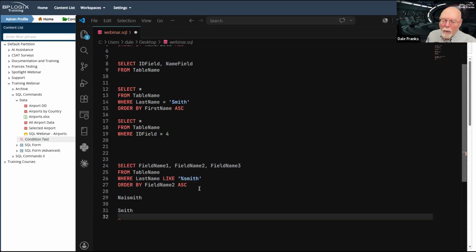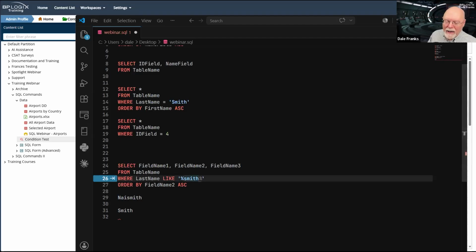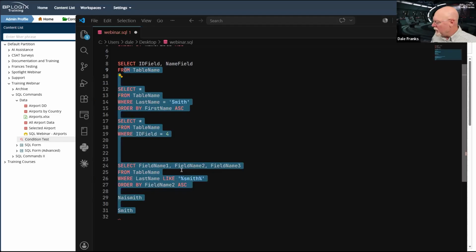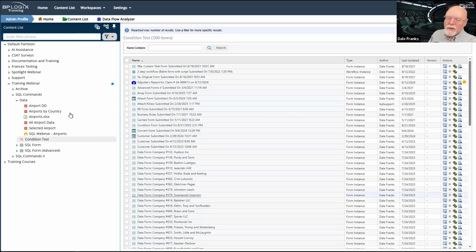So I can do a whole bunch of loosey-goosey stuff here to find any data that I want simply by how I use these wildcard characters. I find that between this and this, I pretty much can do 99.9% of the things I need to do with data and business values in Process Director. So with all this in mind, and considering that it's 11:08, let's rebuild all of this.